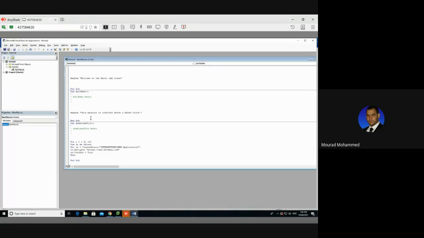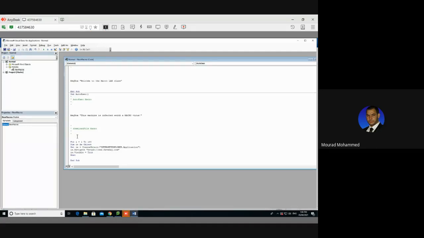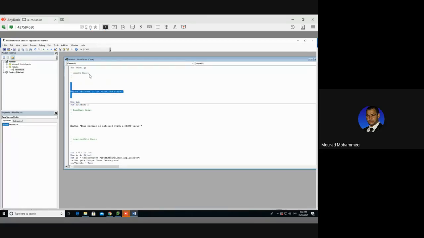I have one of two options, either to call it or to merge it simply, just to make it simple here. Where is it? Yes, here it is. I'm going to delete this Sub, and then delete this End Sub here. Now they are one procedure only. See, I have one line only. So we have two procedures: the first one, which is the Oman 21, and the second one, which is the AutoExec. I'm going to save